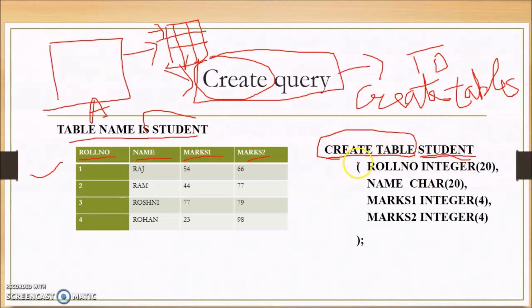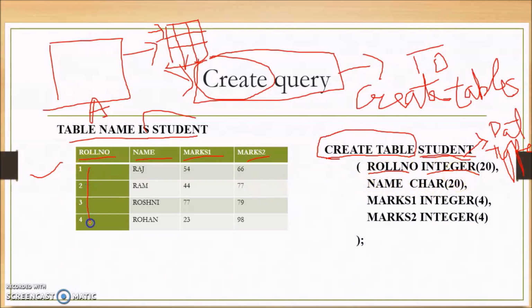Then bracket start, then we would write the first column name, which is roll number. Then this is the data type. Whatever data you are storing in the database has a different type, it could be numbers, it could be alphabets. So roll number is always in numbers.